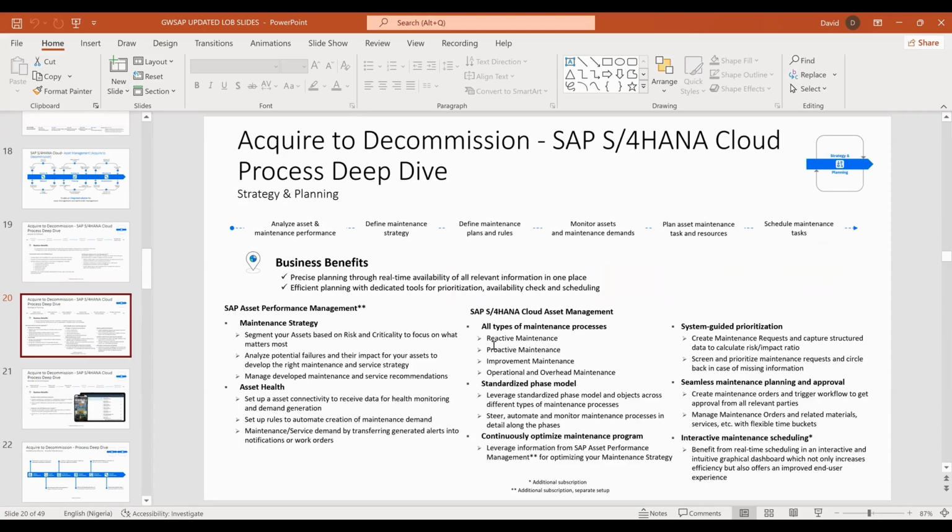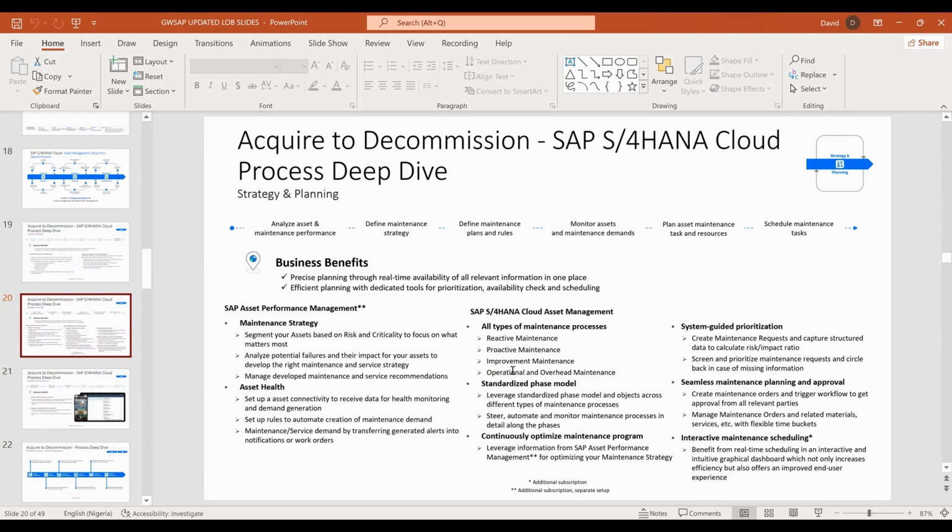So we have the proactive maintenance, which supports both task lists and also other work steps. It also ensures optimal asset performance and also ensures high availability of our assets. So we move to the improvement maintenance, which allows us to create and plan for improvements and also assign work packages to improve the asset performance.